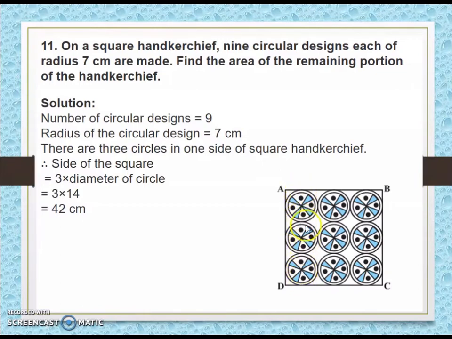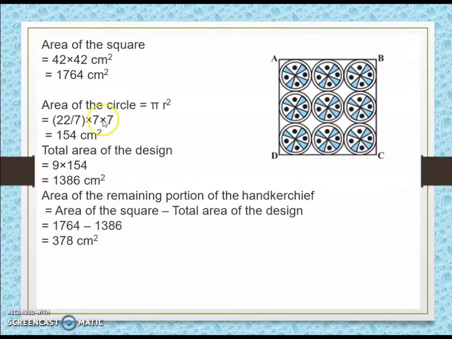Now if you see, there are 3 circles on each side of the square. So if you add the diameters of all the 3 circles, you can get the side of the square. So the side of the square will be 14 plus 14 plus 14, that is 42 centimeter. Once you get the side of the square, you can find the area, that is 42 into 42, 1764 centimeter